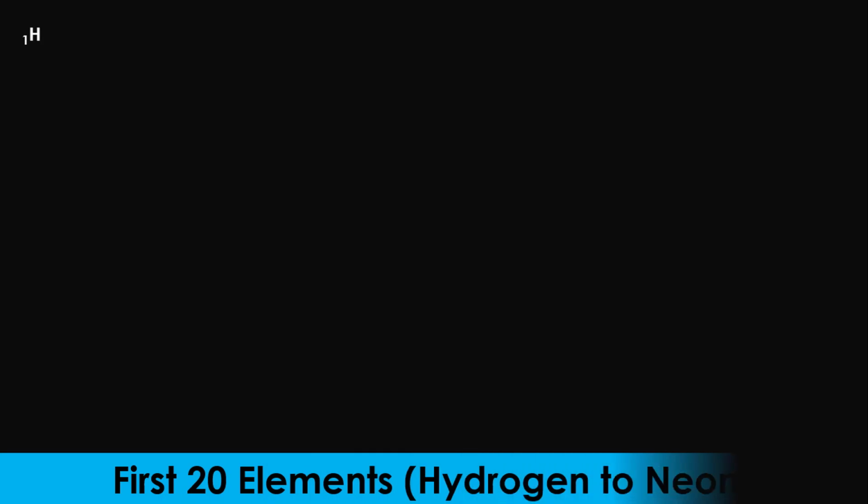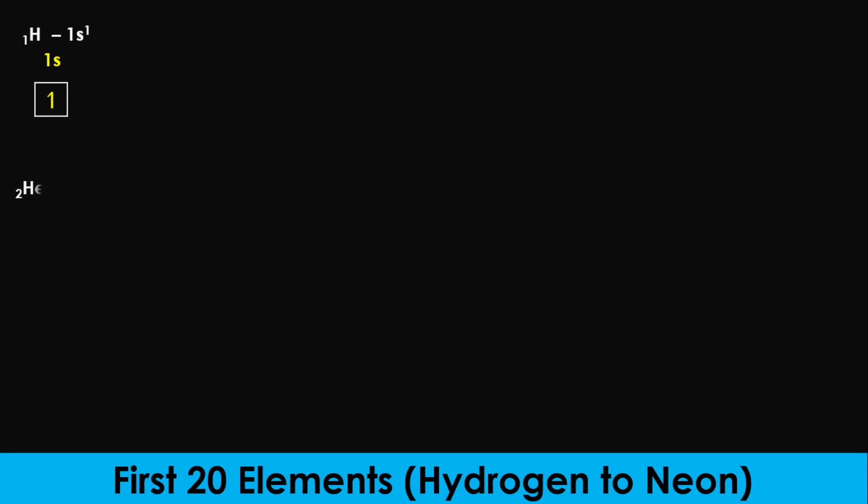Hydrogen has one electron, which will occupy the only orbital in the first shell, that is, the 1s orbital. This gives it an electronic configuration of 1s1. Helium with 2 electrons has an electronic configuration of 1s2. This is because the s orbital can hold a maximum of 2 electrons. Therefore, the second electron of helium will complete the 1s orbital in a downward spin